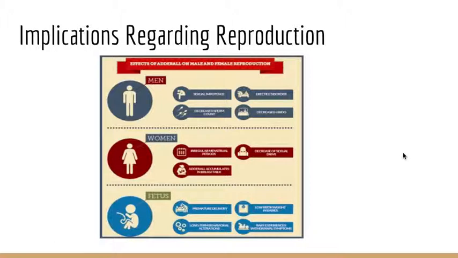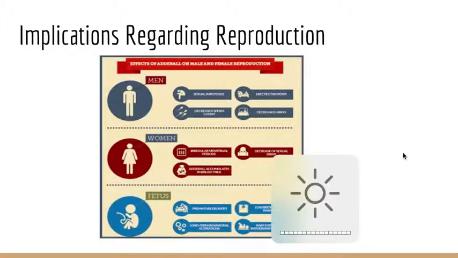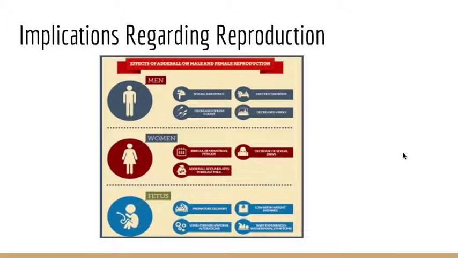So we have certain implications regarding reproduction. Oftentimes, men will become sexually impotent. They'll have decreased sperm count. They may have erectile dysfunction. Women might have some menstrual issues. They'll also have